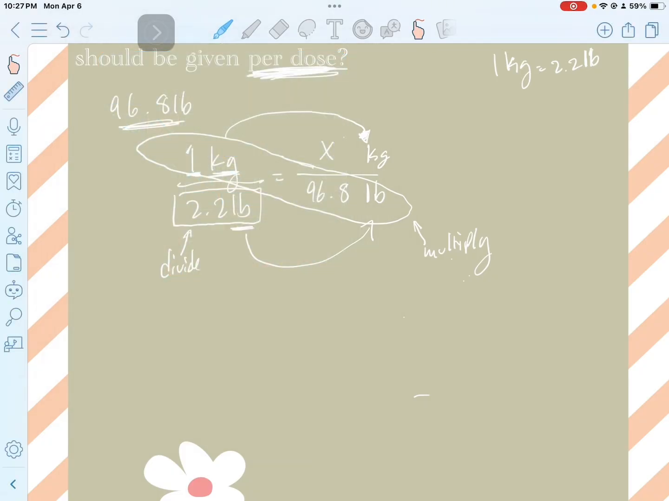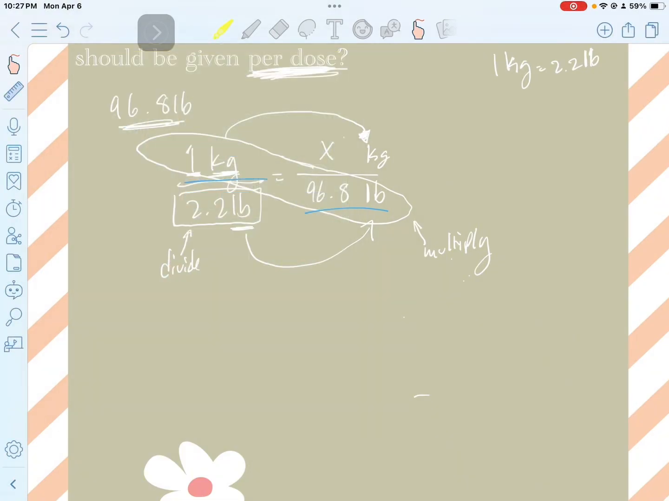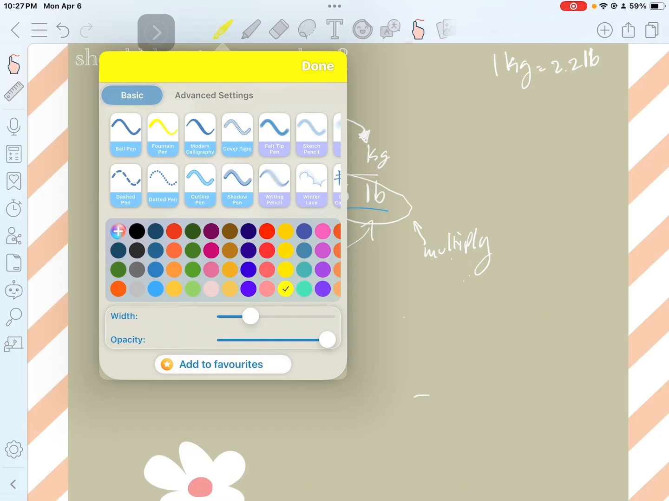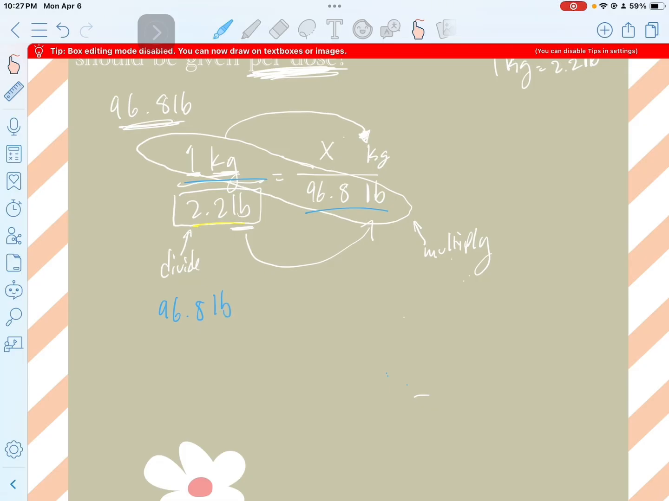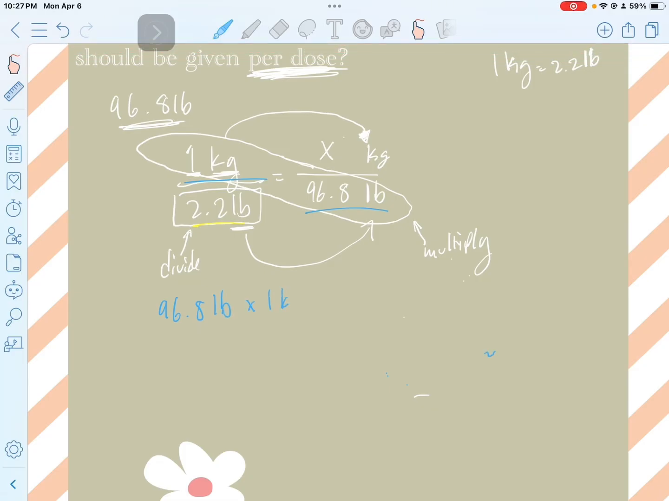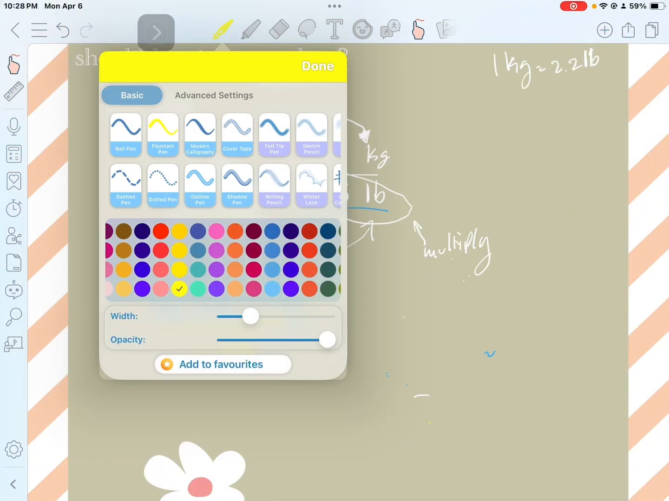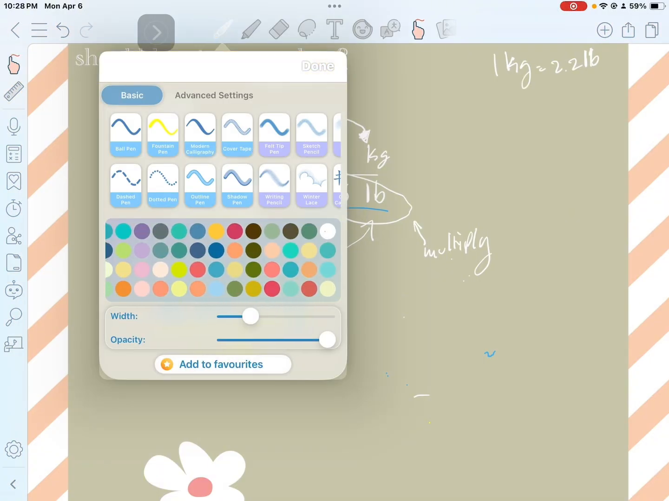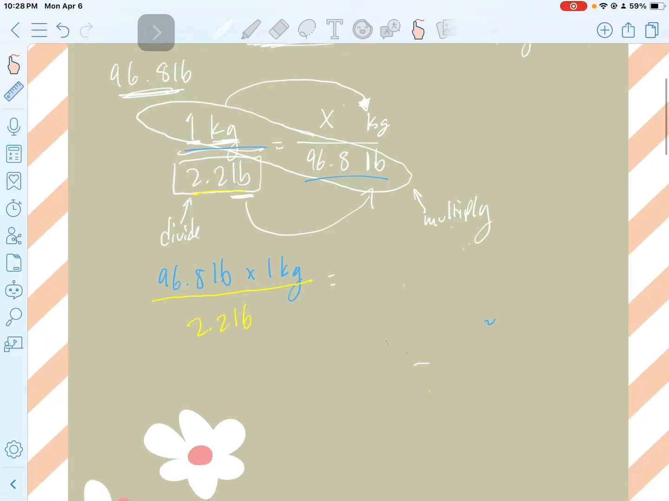So, we're going to do this, and this. So 96.8 pounds times 1 kilogram divided by 2.2 pounds, which equals, okay, so this is going to equal,